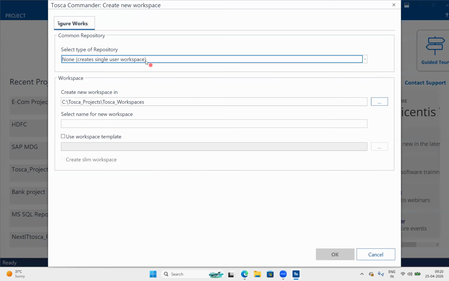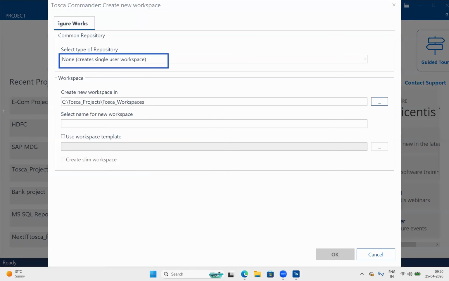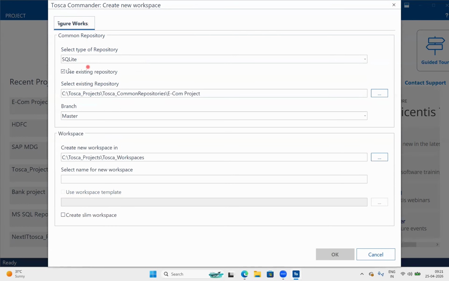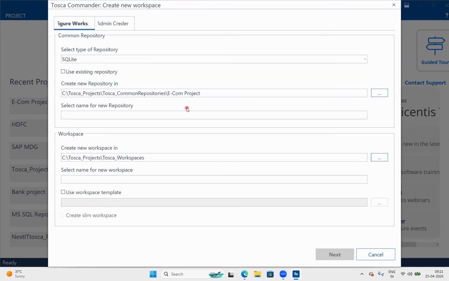See, by default here you can see single user repository. It is not recommended; don't choose this. If you want to create a multi-user environment, simply click on this search and select the type of repository. Are you able to see? I'm choosing SQLite. For SQLite, you don't need to enter any database setup here.